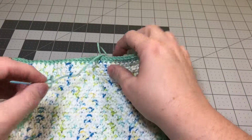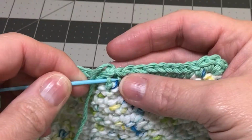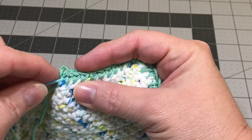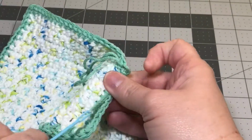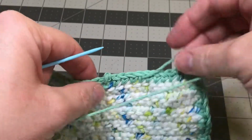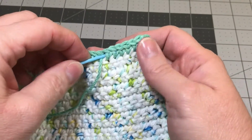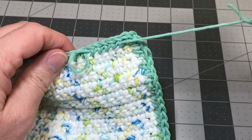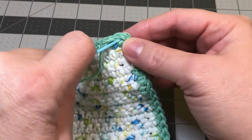I don't want to put this green into the body of my project, or you'll be able to see it against the white. So I'm going to keep that yarn right there in between those stitches, right along the border. I'm going to put my yarn needle right into the middle of those stitches on the border, and I'm going to pull it through gently, and it's going to be hidden right in under those stitches. And I'm going to go all the way around to the end and pull it through there, and then I'm going to go through a couple of these stitches and go through the back,